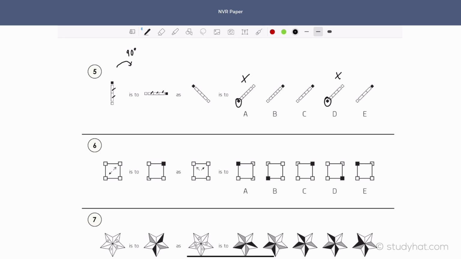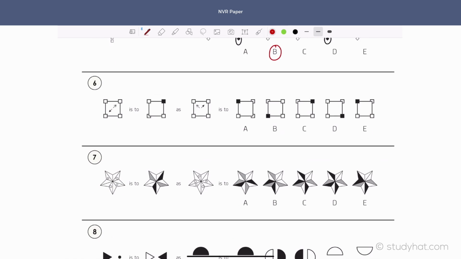So here we've got 1, 2, 3, 4. So we're going to need to be looking for 5. And if we see the one that has 5 squares, 1, 2, 3, 4, 5, it's B. Question 6. First of all, we've got a square where the black arrow is